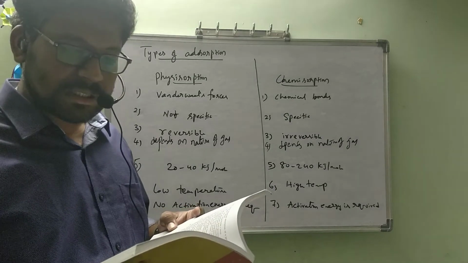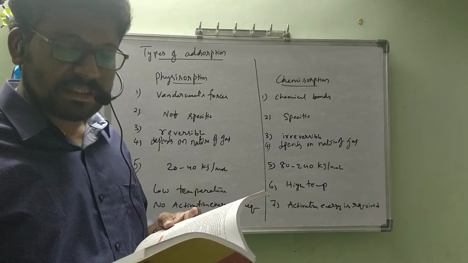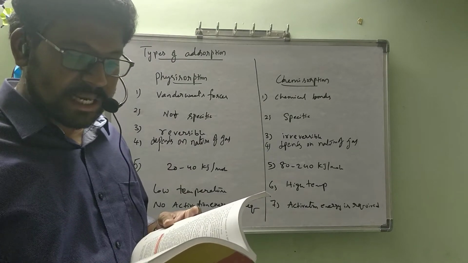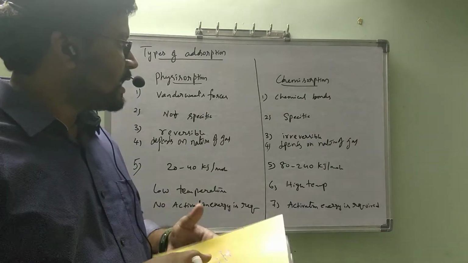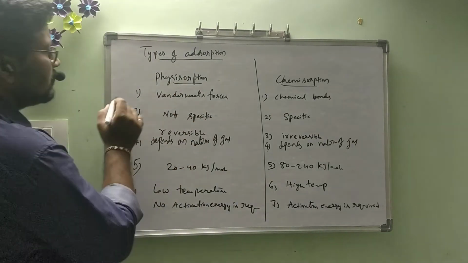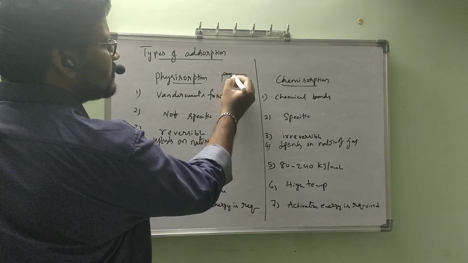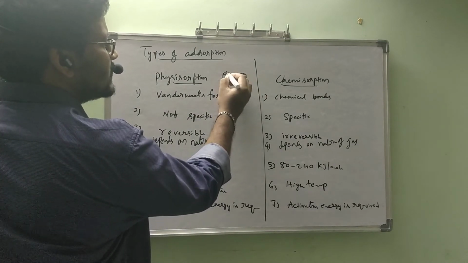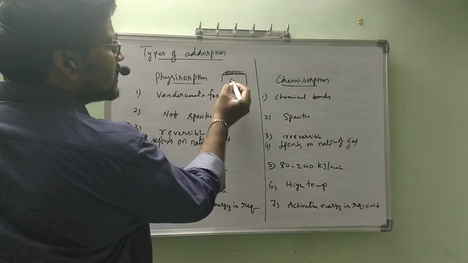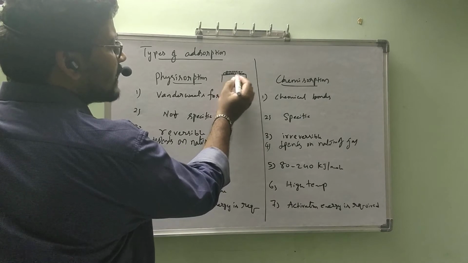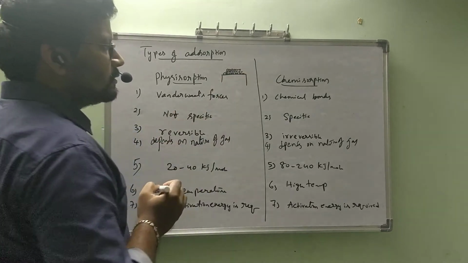Even chemisorption also depends on the surface area. It too increases with an increase in surface area. Ninth, physisorption results into multimolecular layers on adsorbent surface under high pressure. Previously I have shown this solid surface. After adsorption of one layer, a second layer might also be possible, because these are all van der Waals forces. Even a third layer can be adsorbed onto the second layer.